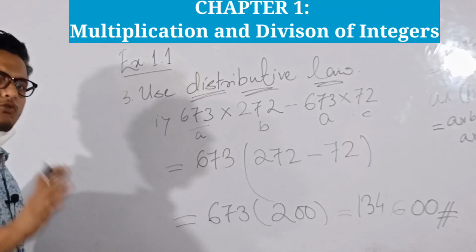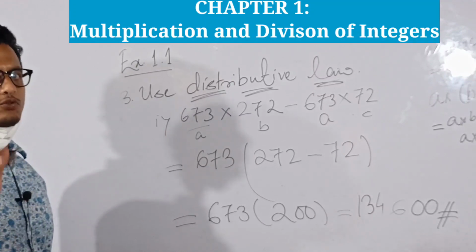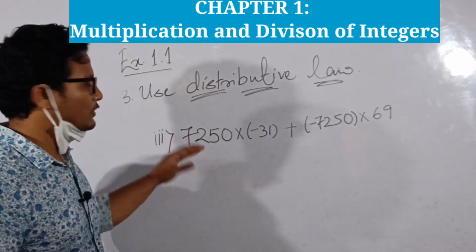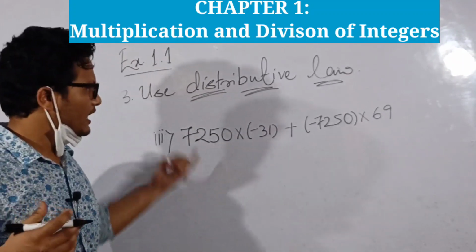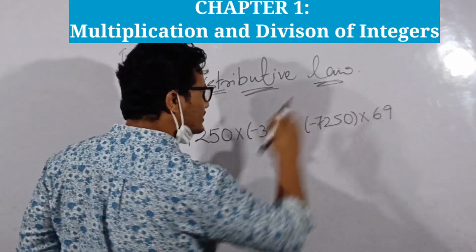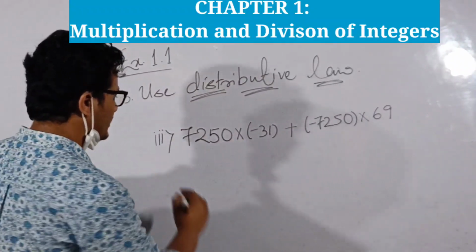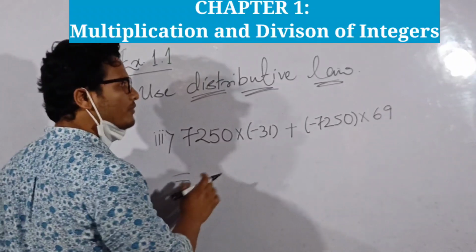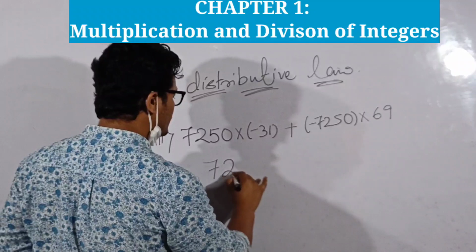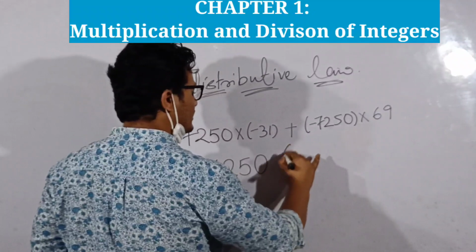Now let's move to one more question. I will solve one more question for you from this distributive law, and the rest you have to do as homework. Now students, see, we are solving question number 3. Now see, this is also in the format of A into B plus A into C. Same format to take question 2, 7250. Okay, now which is the first step? We have to take A as common. What is A here? 7250. When we take the A common, what is inside?